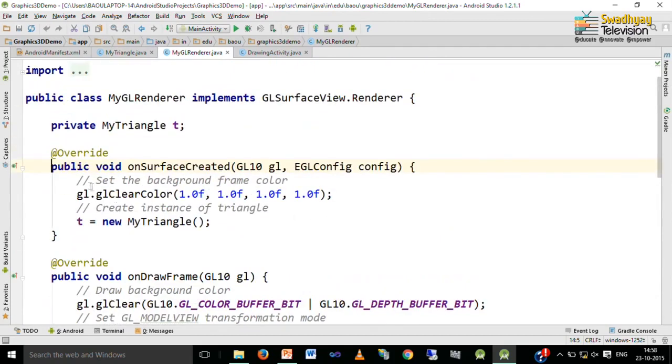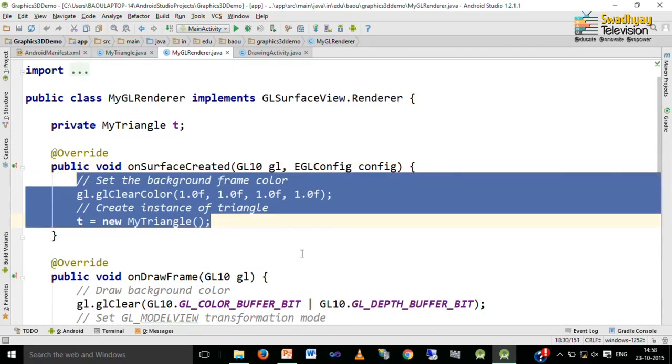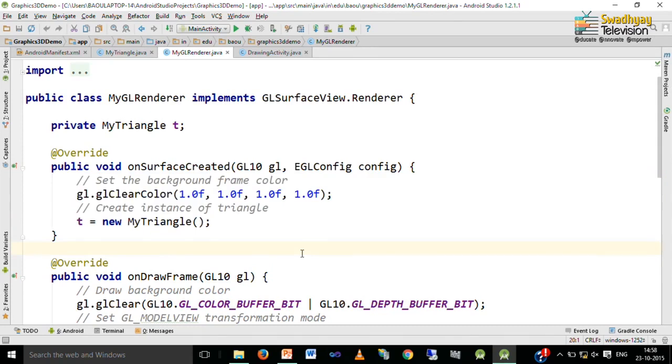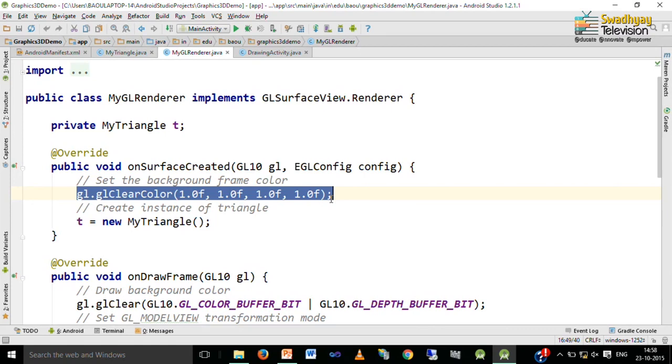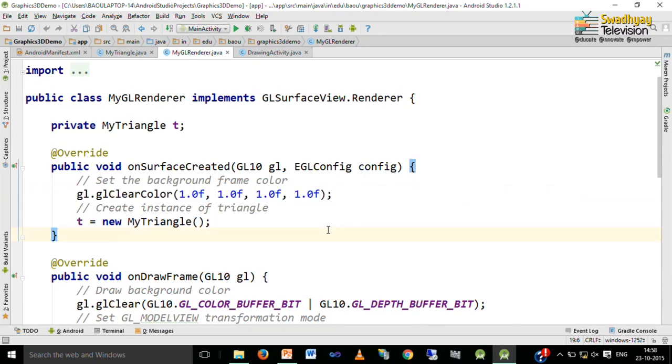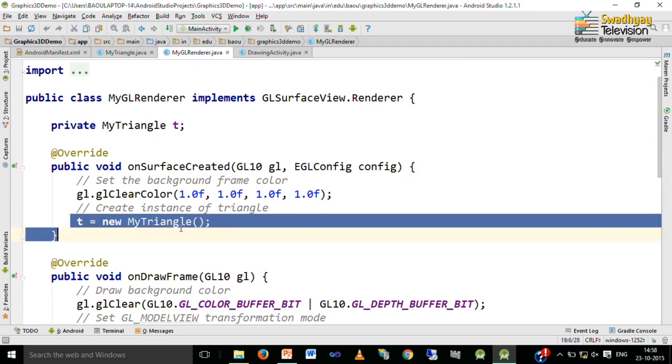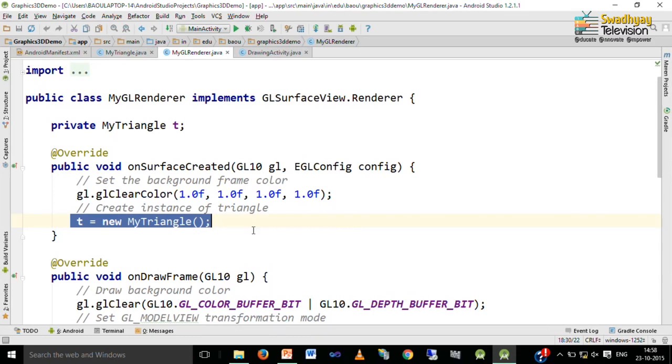Inside onSurfaceCreated we set the background color of our frame using the glClearColor method. Again it takes 4 arguments: red, green, blue and alpha. Here the red, green and blue parts are 1 and alpha is also 1, so it displays a perfect white background. Finally, we create an instance of our MyTriangle object, which specifies the triangle.